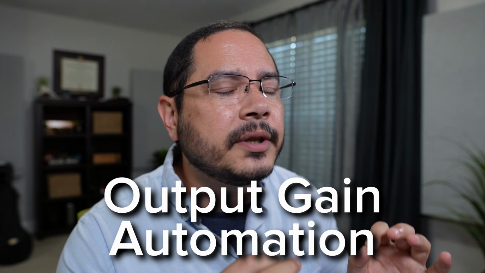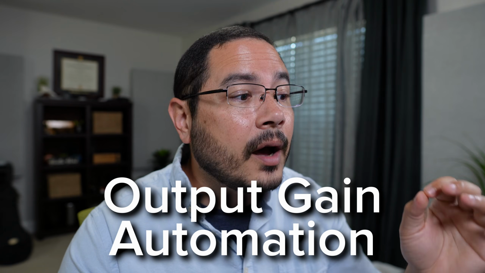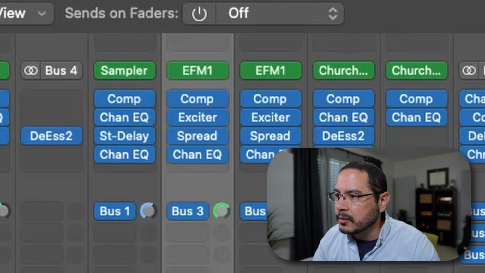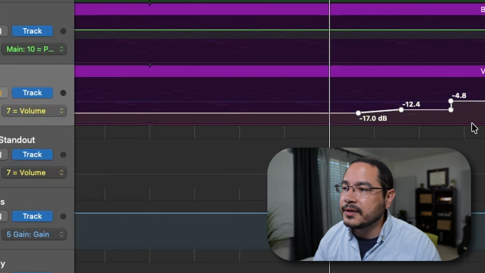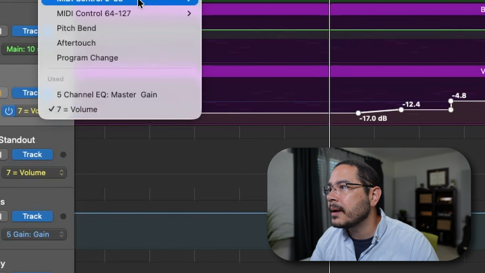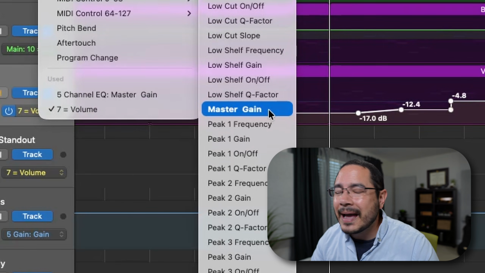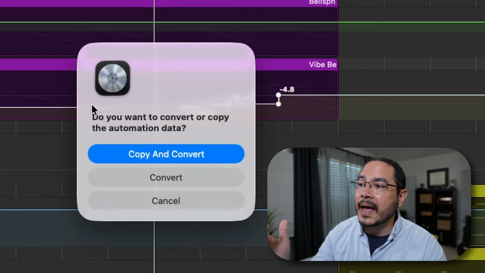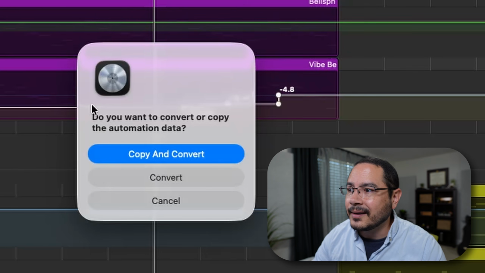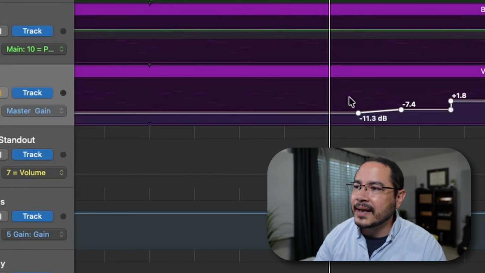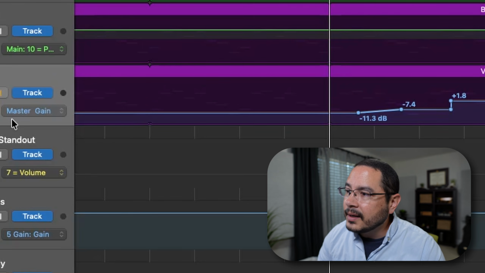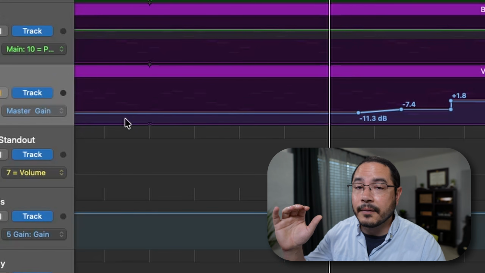So another option is again to not automate the fader, but to automate the output gain of the last plugin in your signal chain. So on this track, the last thing we have is a channel EQ. So we can highlight all these nodes and then go to our parameters, run up to our EQ and select the master gain. Here's a trick. If you alt click, you can copy over that automation data that we highlighted. So let's do that. It looks the exact same. The difference is now in blue because we're now on an automation lane for the master gain of that final EQ.